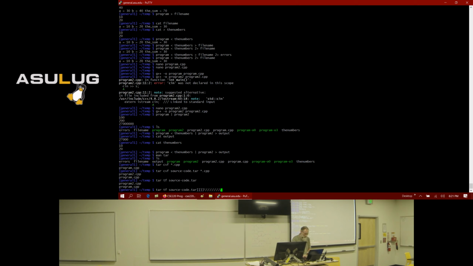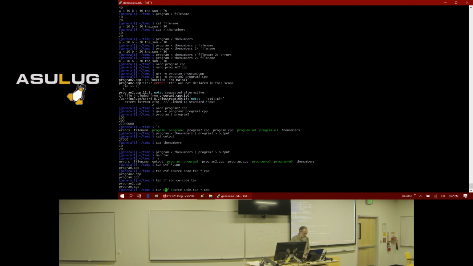Now, a tar file is not compressed. All it does is it takes the first program and the second program and it puts them into one file. So it simply takes multiple files, combines them all together, and creates one tar file. But it's not compressed. If you want to compress it, then you can specify another option, and you use z if you want to compress it using zip.